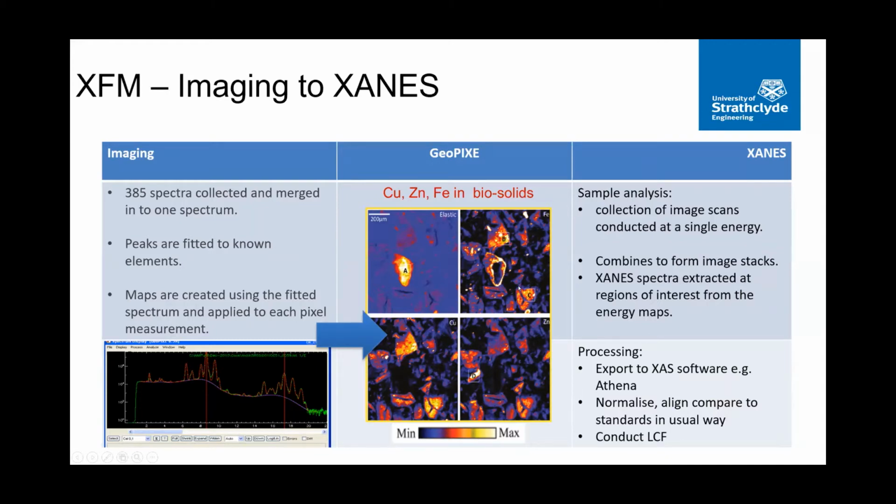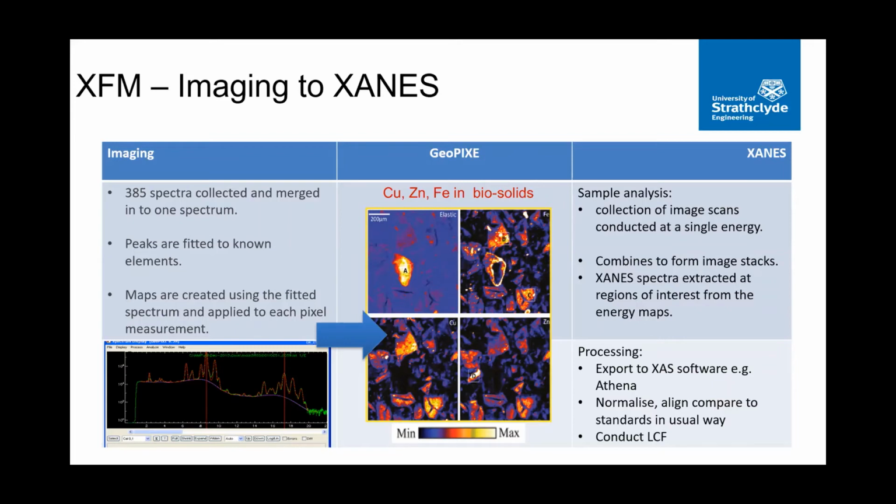Now, to get XANES is somewhat similar, but in a different sense. So you are still imaging, but you're imaging at selected energies. To get the XANES, you would collect, in my samples, for example, 121 energies. So it would go from your pre-edge up over the edge, white line, and on further on, and these will be collected as energy images, and then GeoPixie will combine and stack these as image stacks,